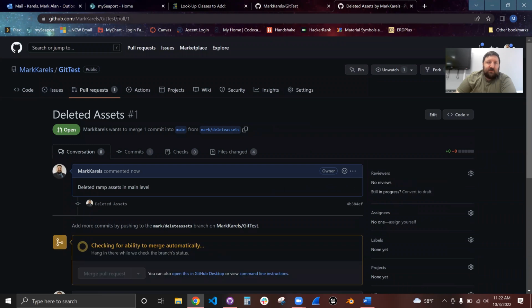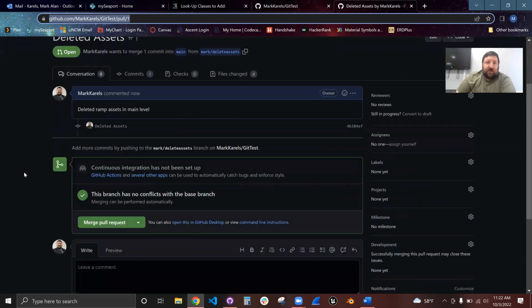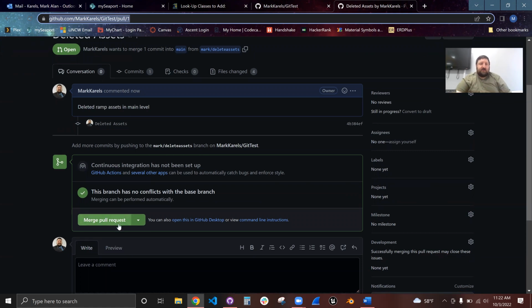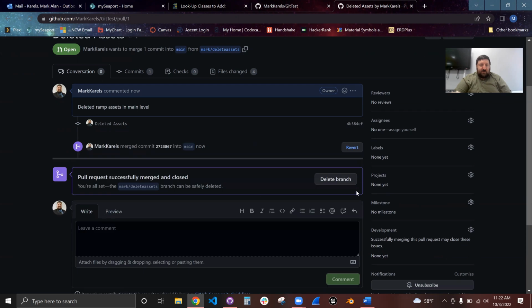And what you can do is take this URL here, copy it and send it on Slack or whatever communication, email or anything to your partners and let them know, hey, you've created this pull request. Can you take a look at it? Once they've taken a look at it and approved the pull request, if you set up those checks and balances within there, you will merge pull request. Once all this is completed, you can add any comments you might want to add, confirm the merge, and then